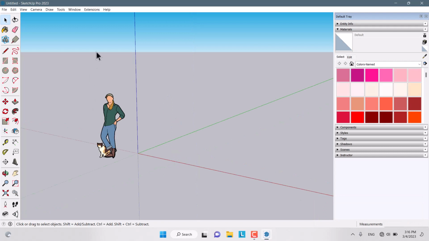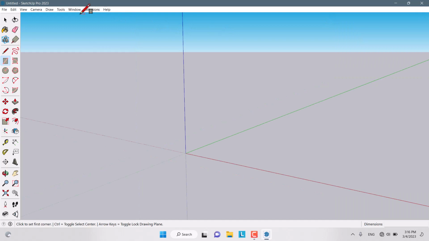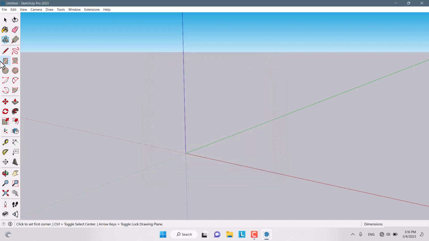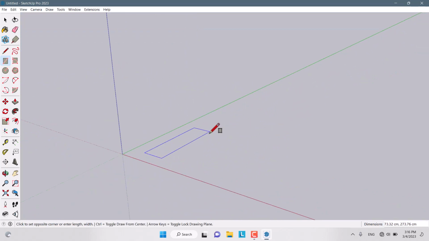At first, I'm going to delete this character. I click on the rectangle and I want to draw a rectangle. But before I do it, I want to change my unit setup. I come to the Window, Model Info, and in the unit I want to change it to centimeter like this. I close it, I select rectangle,